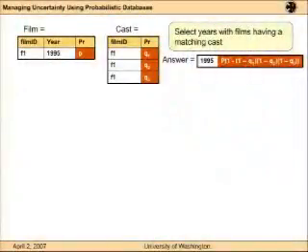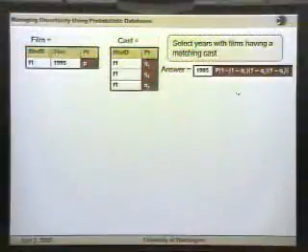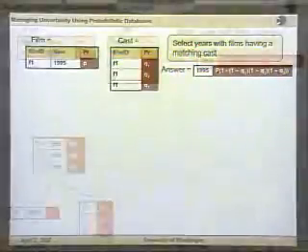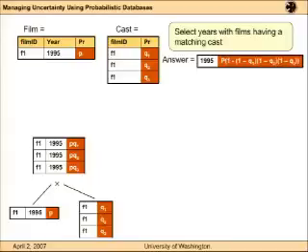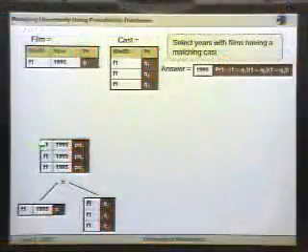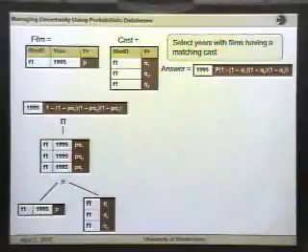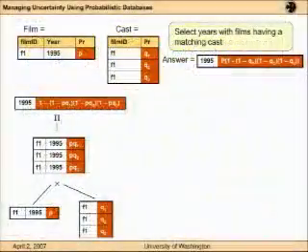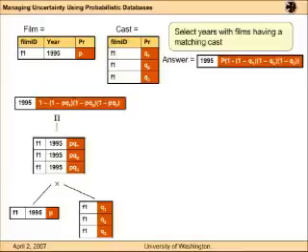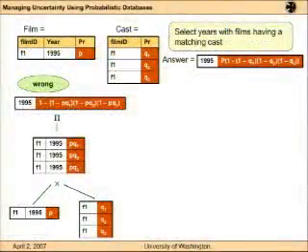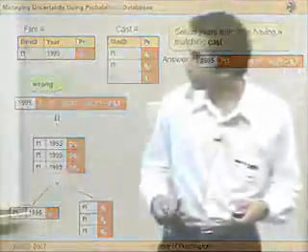This is the example that I considered before. I have simplified the table to just contain a single year. And the answer to the query, as we recall, is this expression. Let's try to compute this using relational operators. We start from the two tables. You join them. You get three tuples along with the probabilities, which are their product. And then do a projection of the year. You get this single expression, except that it's wrong. It does not match the answer which we evaluated before. What went wrong is that our assumptions about independence did not hold at each intermediate level. And therefore, this plan gave you a wrong answer.